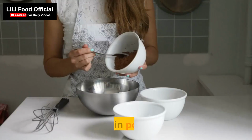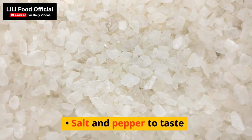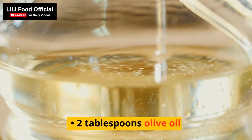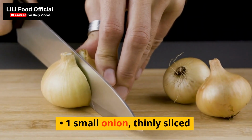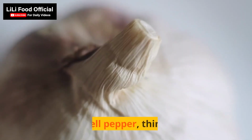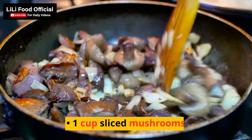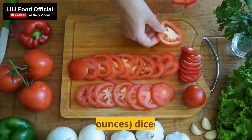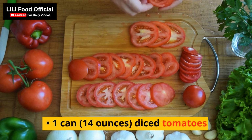Ingredients: 4 bone-in pork chops, salt and pepper to taste, 2 tablespoons olive oil, 1 small onion, thinly sliced, 2 cloves garlic, minced, 1 red bell pepper, thinly sliced, 1 cup sliced mushrooms, 1 can (14 ounces) diced tomatoes,